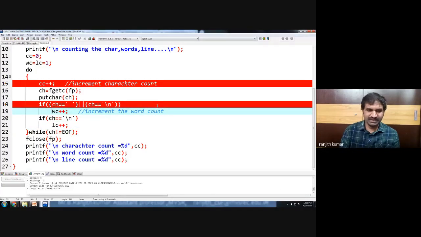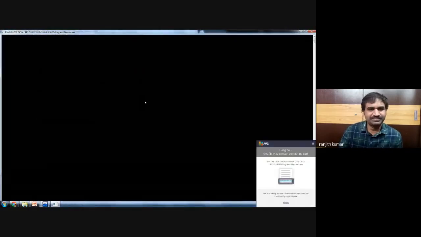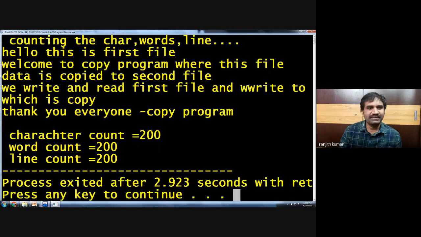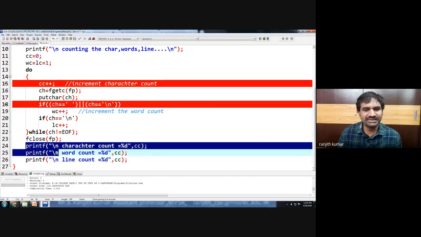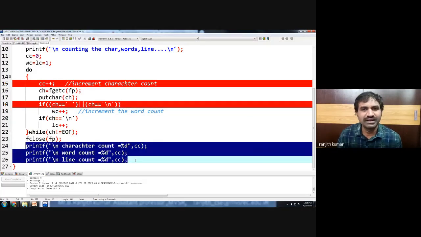Now let us compile and run the program once again in order to check the correct count. I think we have only 6 lines. The character count is coming correct, but the word count and the printf statements, variables.